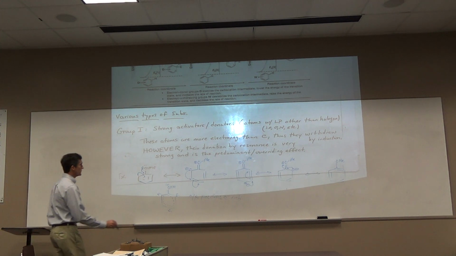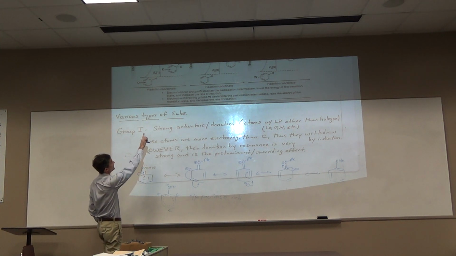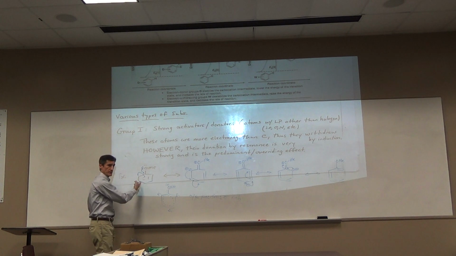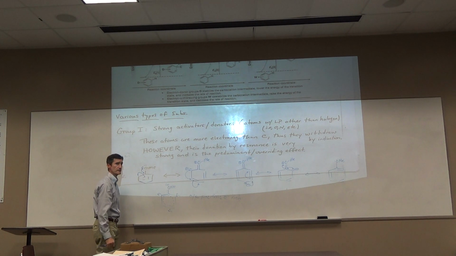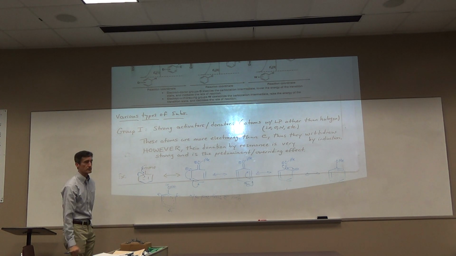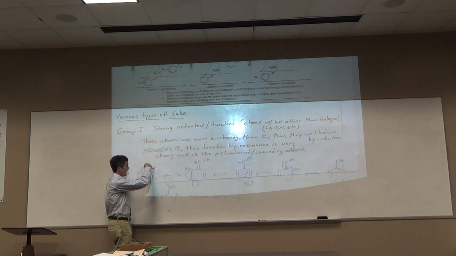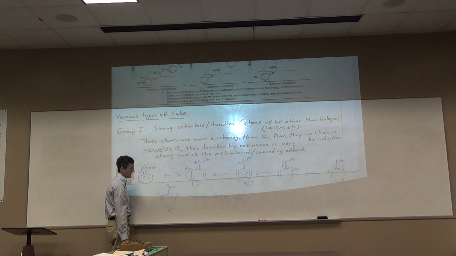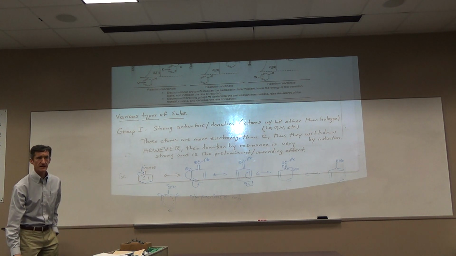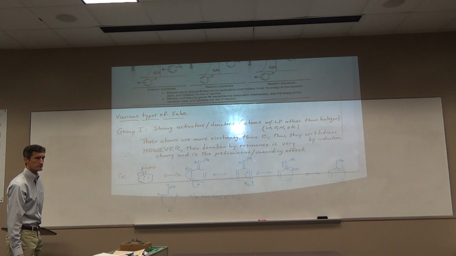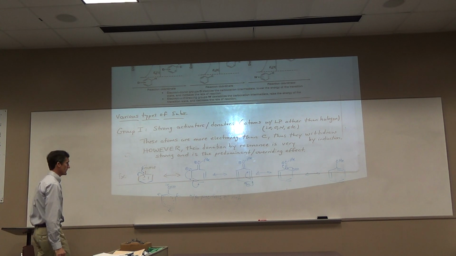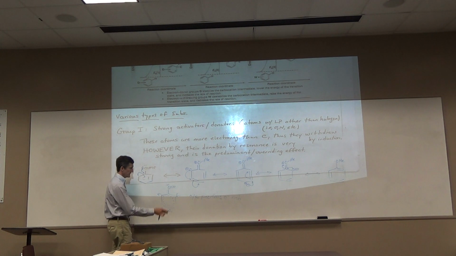Now I've done this from the neutral molecule. Again, I could have done it with a carbocation intermediate, and we would have stabilized the carbocation intermediate. Need to be able to do it both ways. This illustrates the electron donating properties of the oxygen atom by resonance into the ring. And hopefully you see that this is going to stabilize a carbocation that's going to form in the ring. Particularly